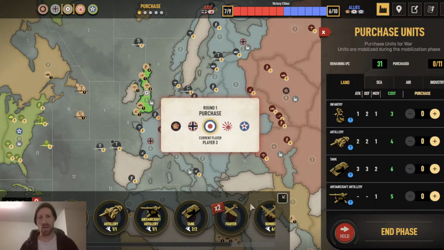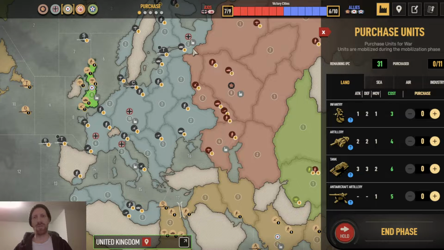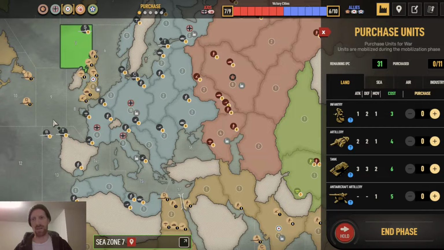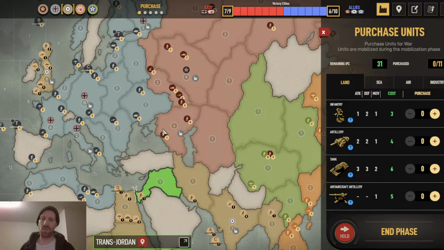Okay, on to the UK's turn. So traditionally the UK is in a position where Germany has done some kind of Karelia stack. They've got a bunch of guys on Germany. They have cleared out like this, 7. Maybe they've gone for a shot here at 11 or 10. They've probably done something with their battlecruiser here and very likely taken Transjordan. These are some of the typical things. But if you don't have that starting point,